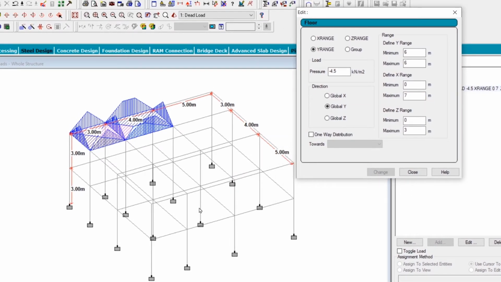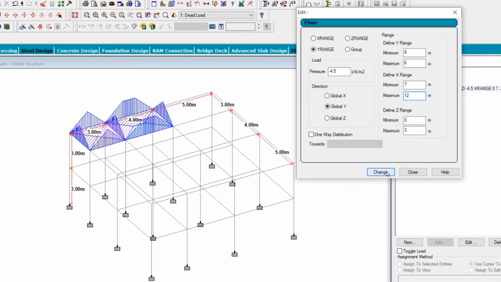So let's take in one more option. For example, I just want the last panel to have the load. So in this case, I know the Y value is the top. So this is 6 and 6. This is correct. However, the X range you'll see is starting from 4 plus 3, 7, and it is going to 12. So the starting range is 7 and it goes to 12.